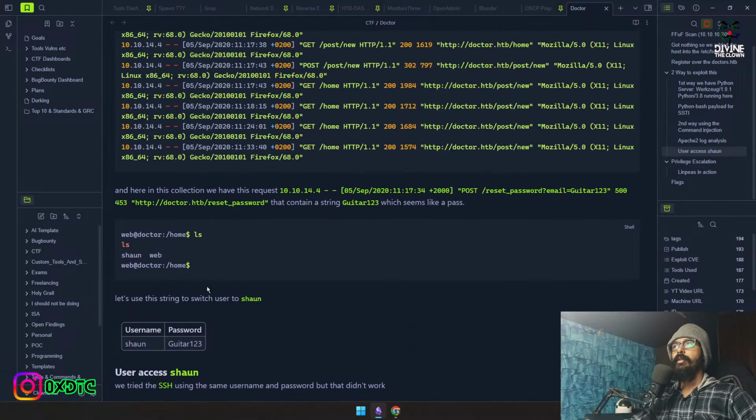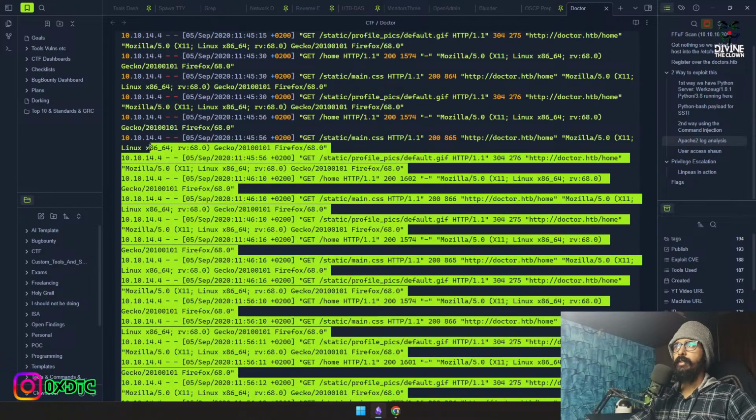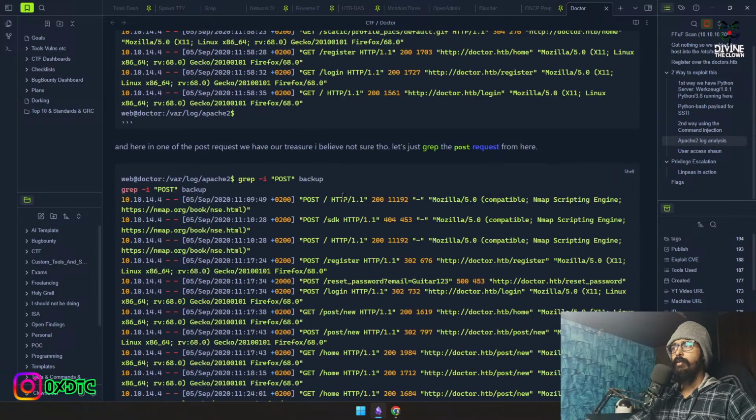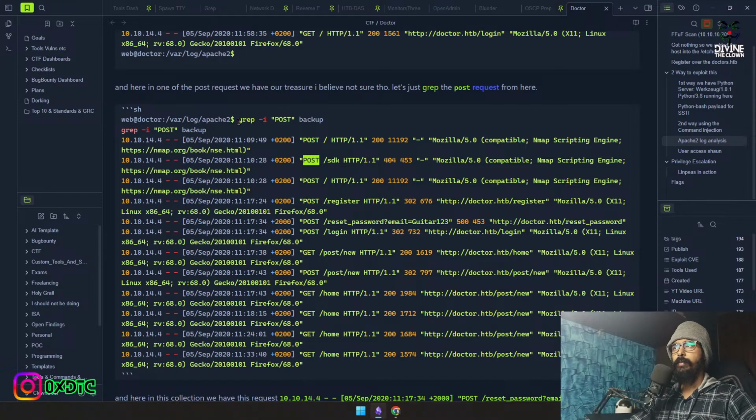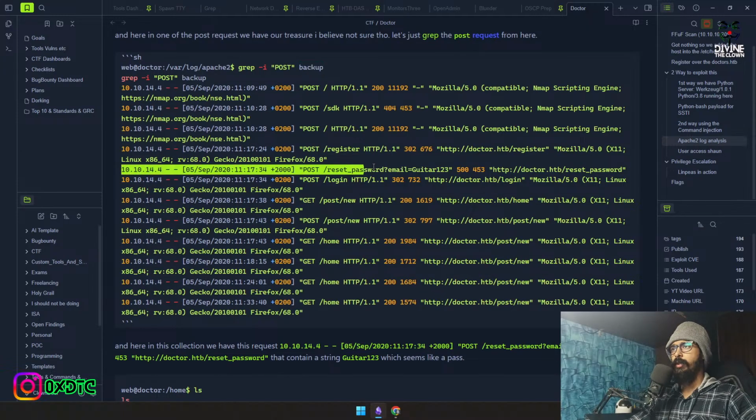From there we actually started looking everywhere. Didn't get much, so we thought let's look in the logs, because if the application is hosted and it is interacting with some application, it should be getting the logs, right? So from there we picked the logs, and here you can see this is the application interaction, and from here we found some POST requests, and I grabbed those POST requests from the backup file. And over this request I found pretty interesting stuff, which is an email, and it seems someone by accident put the